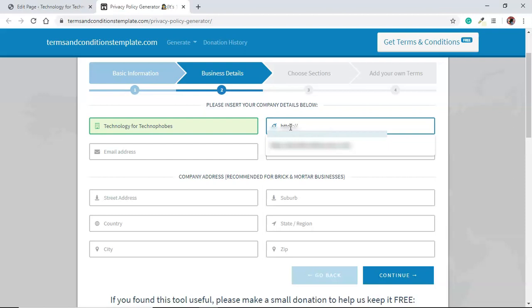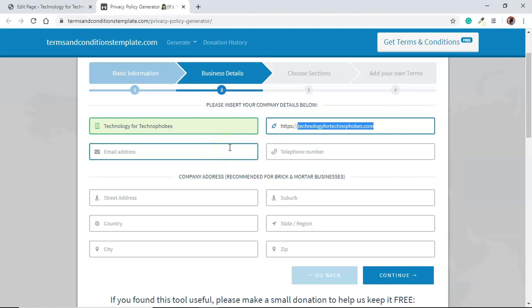Now you want to put the name of your website and the website address, because that will go inside your privacy policy for Technophobes. I'm typing this in a very awkward way. Hang on, let me just check that I've spelt that right. Technology for Technophobes.com, and then I'm just going to speed this up by putting